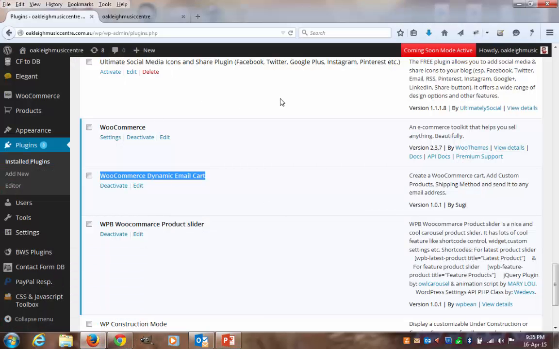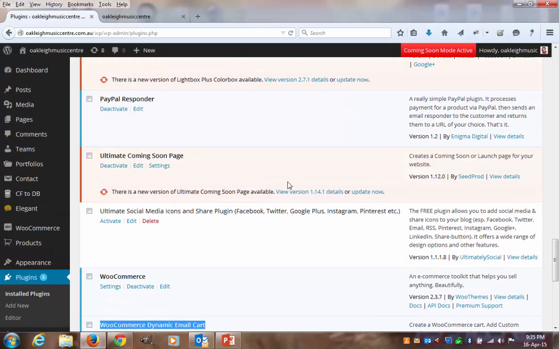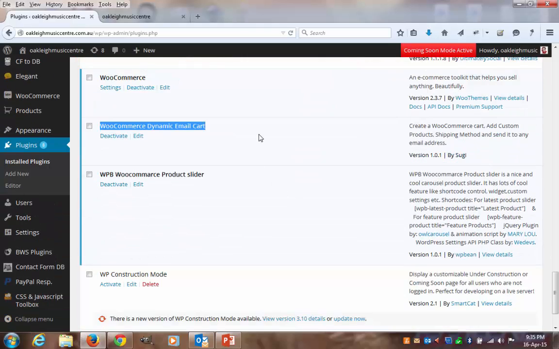Let us go to the site. So once you've installed the plugin, you would get this plugin displayed in your plugins list, in the installed plugins list. And by default, it would create,